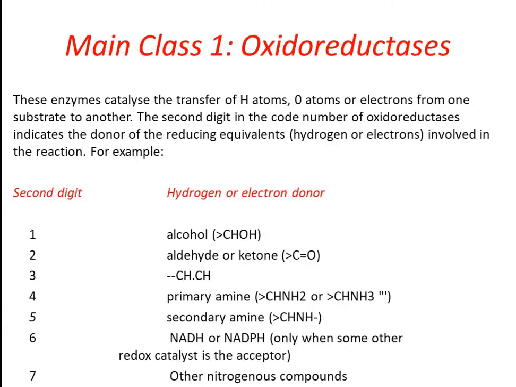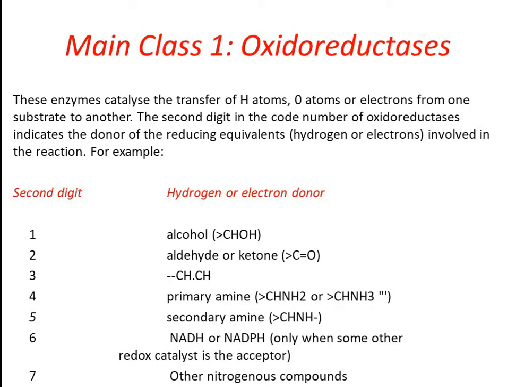So first, the main class oxidoreductase. Friends, oxidoreductases are involved in oxidation reduction reactions. So what are oxidation reduction reactions? The reactions which involve the transfer of electrons are called oxidation reduction reactions. So those enzymes which are involved in oxidation reduction reactions are called